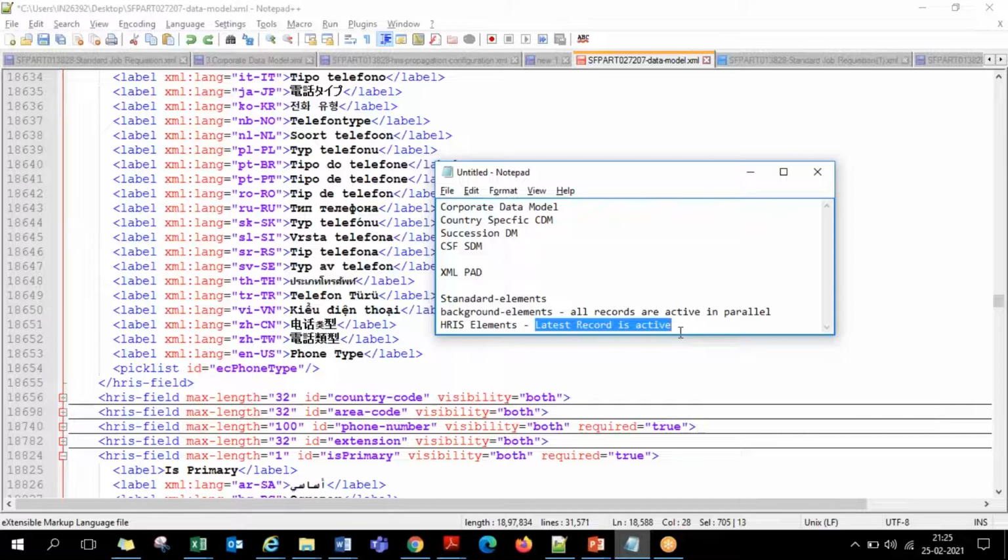Okay, but all records being active with multiple records in the portlet, that can be either HRIS or background portlet. It can be anything. That way you have 2 sets of portlets which will at the end of the day cover all the portlets, whatever you are seeing on the front end in the people profile, guys.